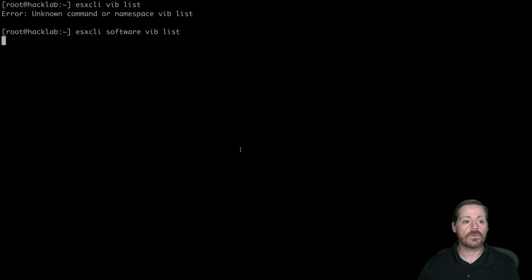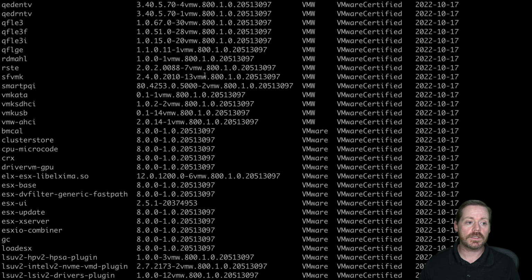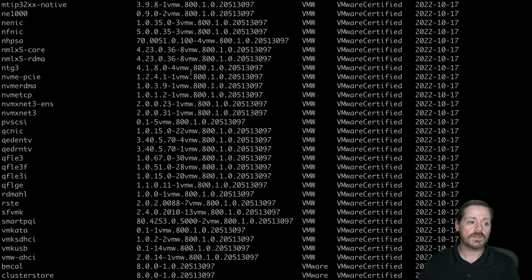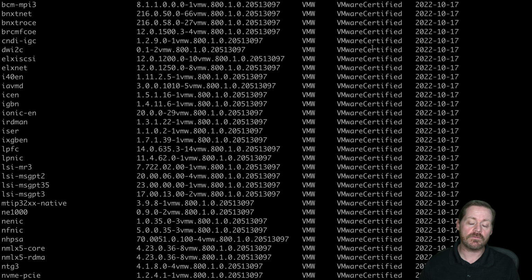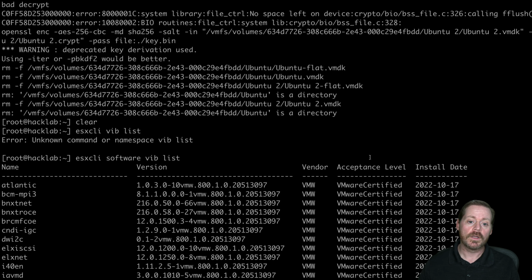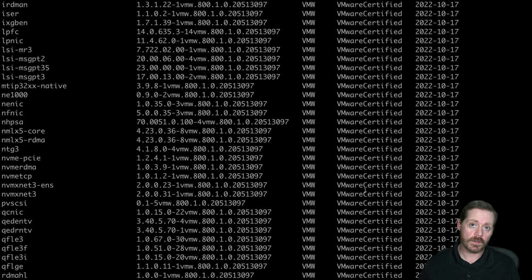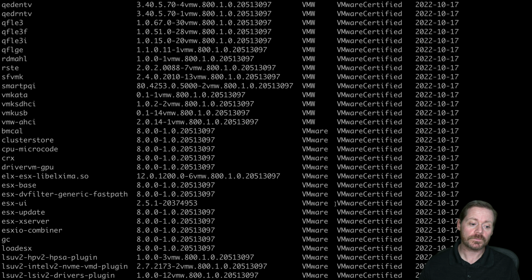all of the software that's installed on the system. And you can see these different pieces of software that are installed. And notice they say VMware certified here, right? Well, sometimes you'll see partner certified. Now, there's a way for bad guys to get around this by using the force command when they do a